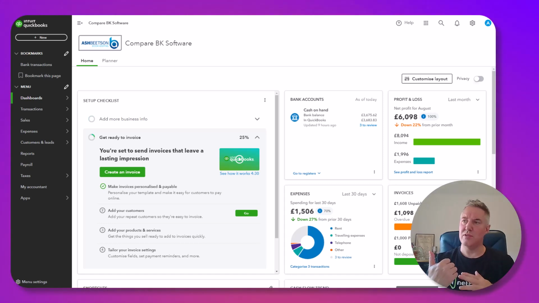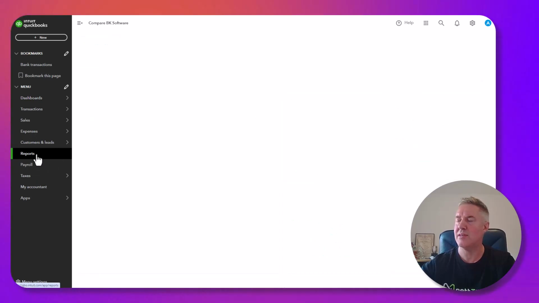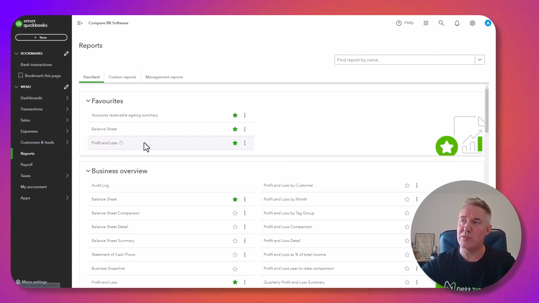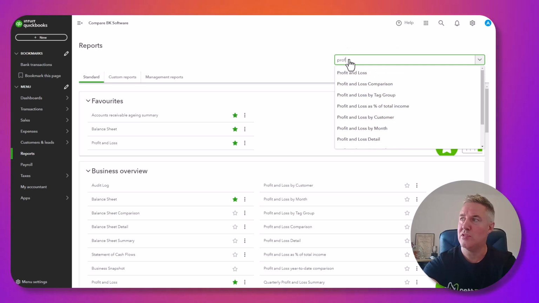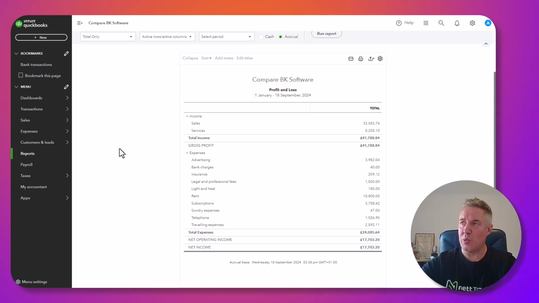Okay, so into the QuickBooks file now. I'm going to head to reports from the left navigation here, and I know in my standard reports you're always given a profit and loss report there. But again, if you didn't have that and you actually searched for profit and loss, you can see that you've got a few options: profit and loss comparison, profit and loss by month. But if I just go ahead and open up the profit and loss report as it stands,